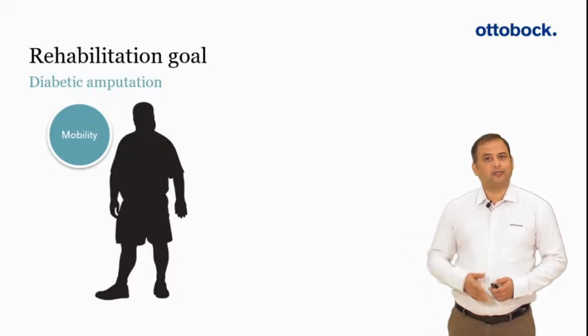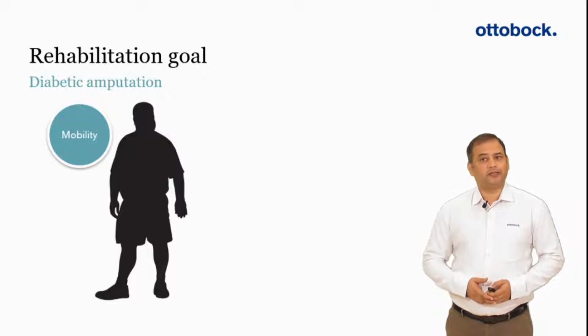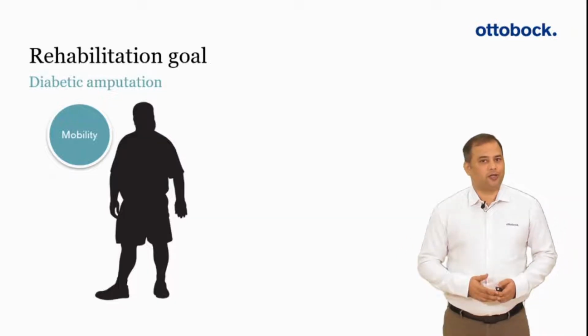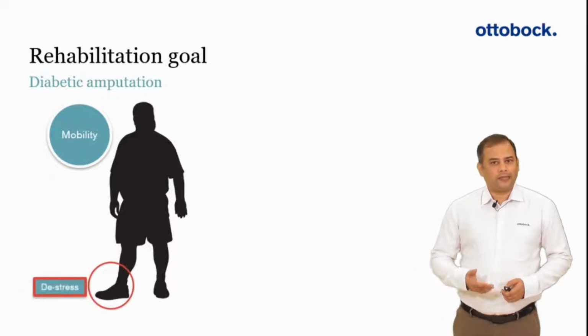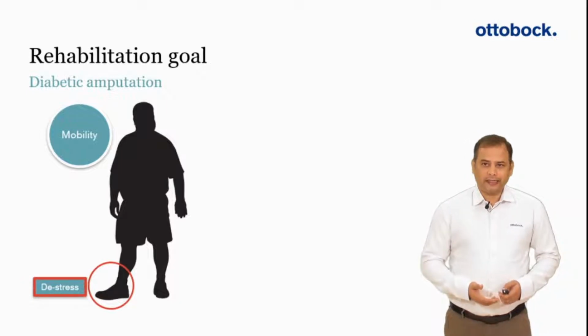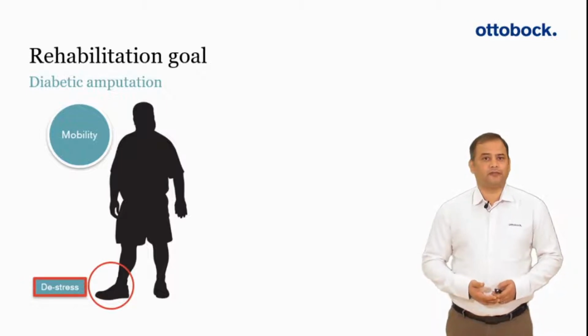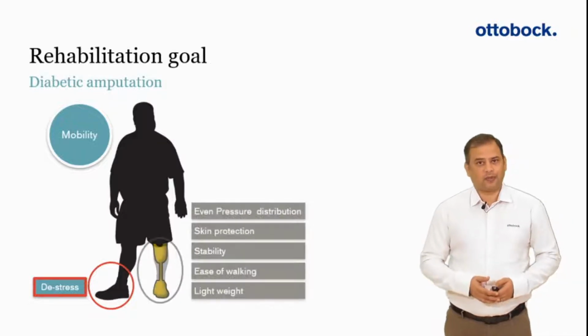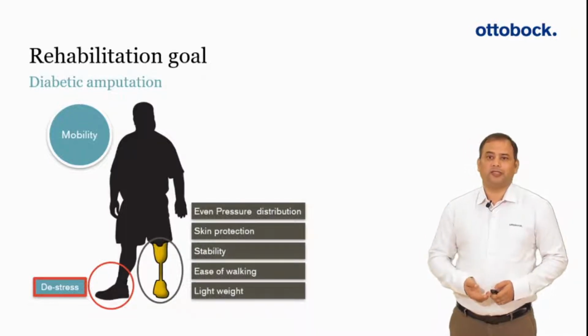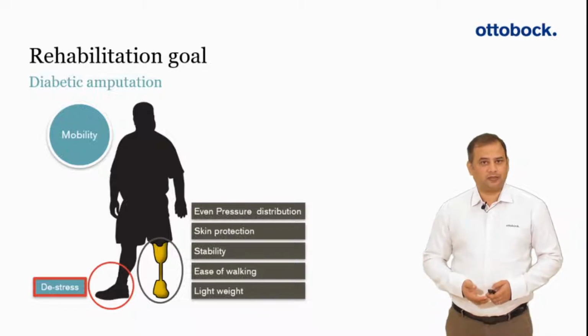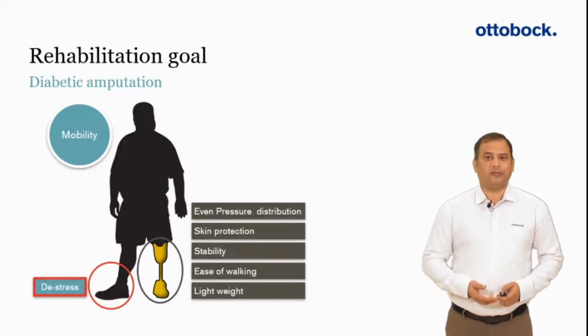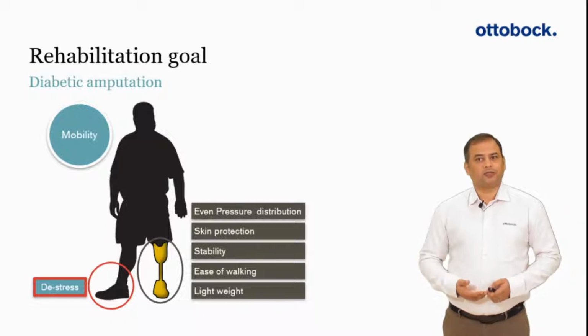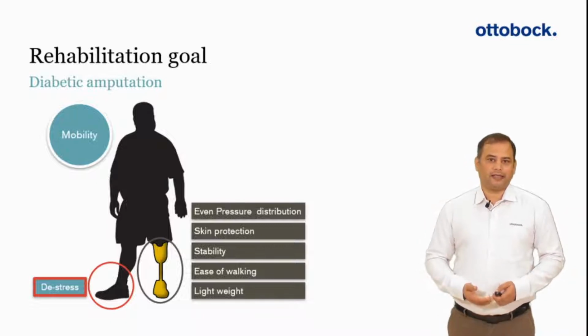After amputation, the mobility is impaired and the burden shifts to the sound leg, which is not that sound after all. One of the key goals of prosthetic rehabilitation in diabetic condition is to reduce the burden of the sound leg by making the prosthetic side more efficient. And for that, the prosthesis needs to have these key features. The residual limb at the same time has to be engineered specifically to support the rehabilitation process and achieve the desired outcome.